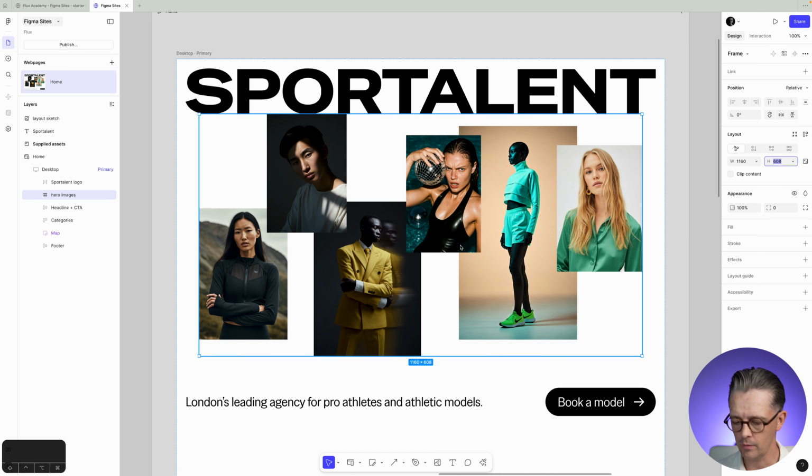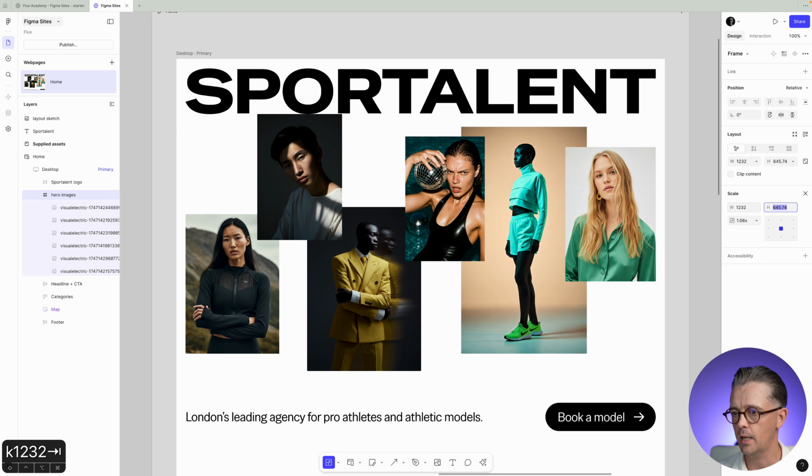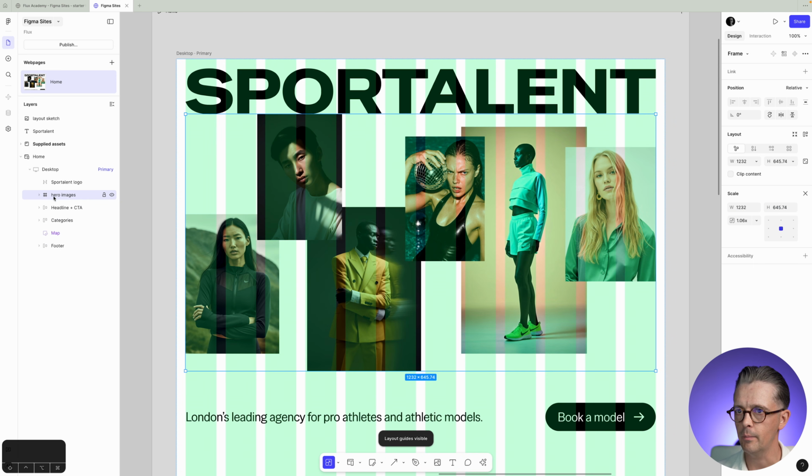But it's not scaled the whole thing, you see, because these images are within a frame. What you need to do with this is this time you do press K, and then I'm going to change this to 1232, and it will actually scale and grow all of the images there. Just turn our guides back on because we've just dragged it down within this desktop. It's sitting here in the middle